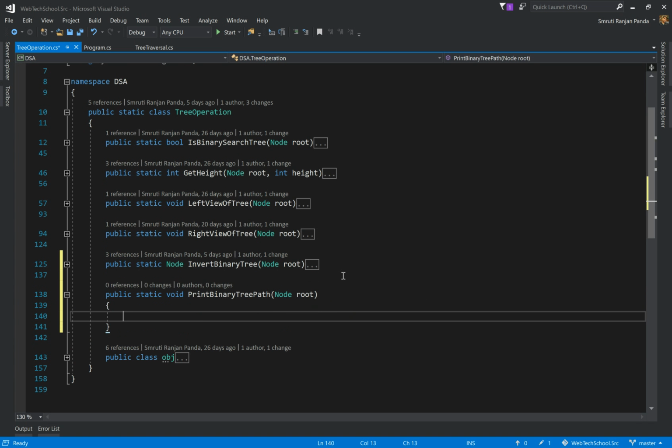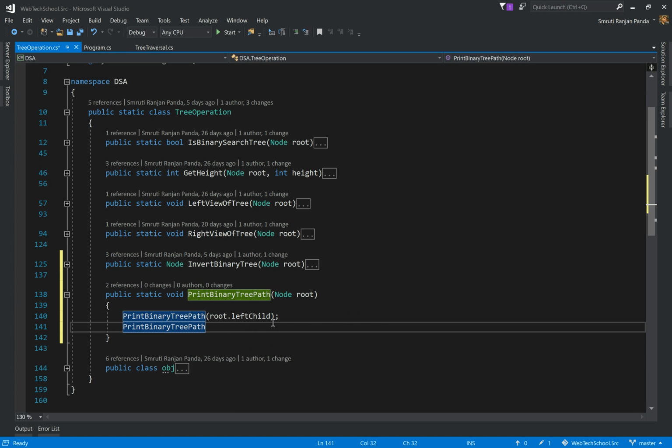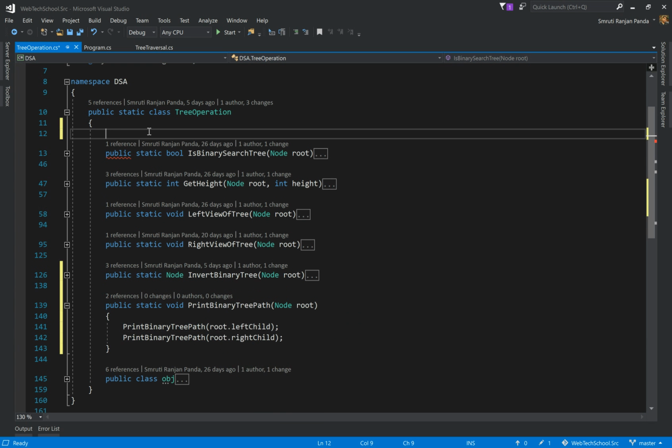So for pre-order, we'll call binary tree path on root dot left, and then again we will call it on root dot right child. We'll define a stack. So let's create a stack of tree node.